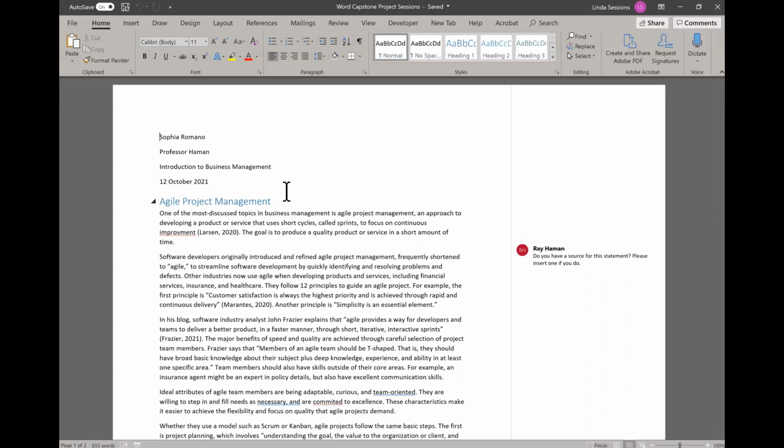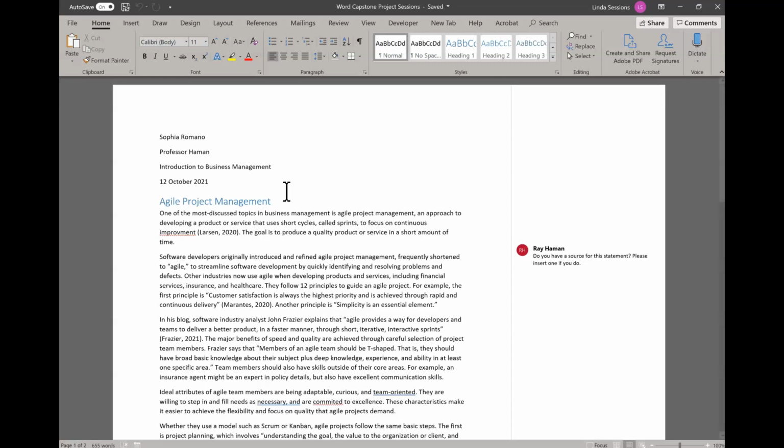Formatting a research paper is a skill that will really save you a lot of time if you continue on with your education and you work on your English assignments and different projects for different classes. If you can use the skills from Microsoft Word, it's really going to save you a lot of time. Now we already have our research document here, so all we need to do is modify it according to our instructions. So the first thing that we need to do is change the style of our document to the MLA